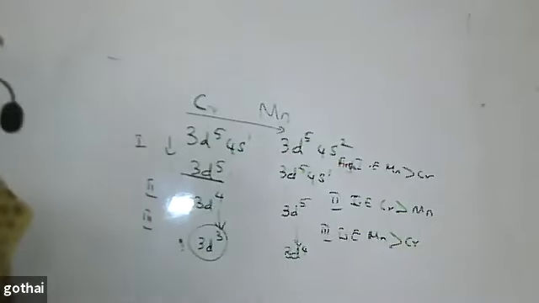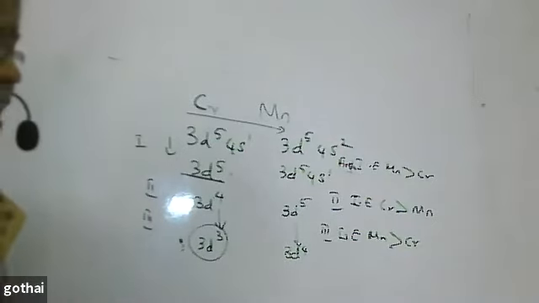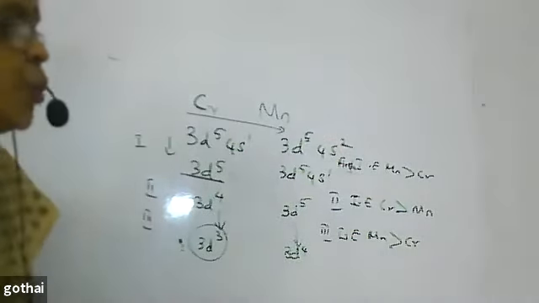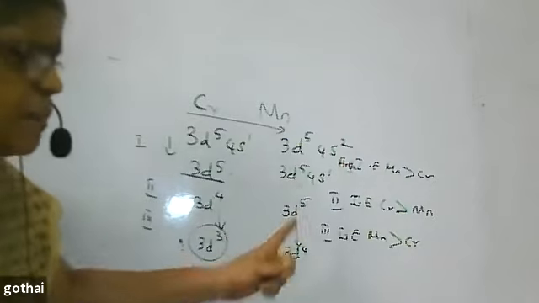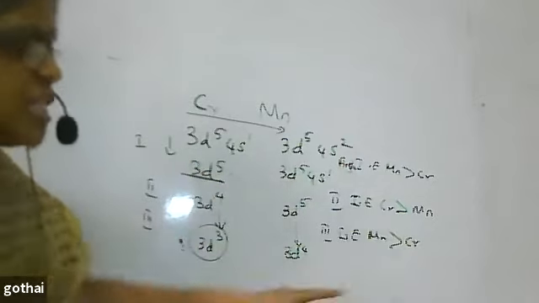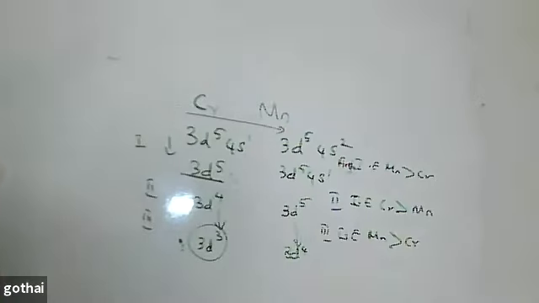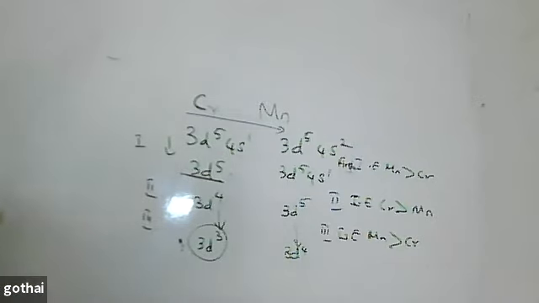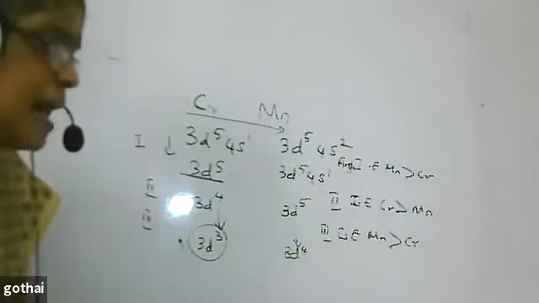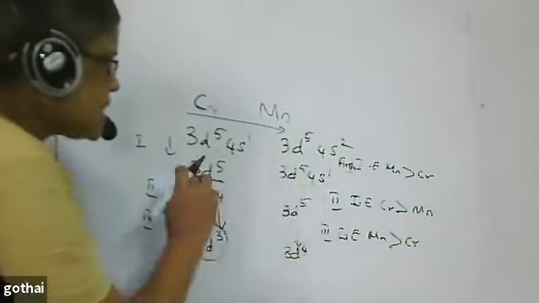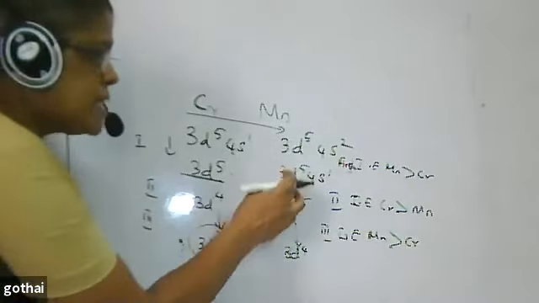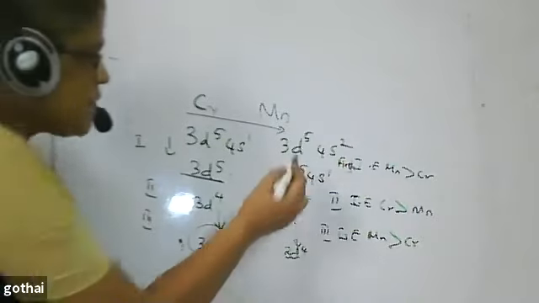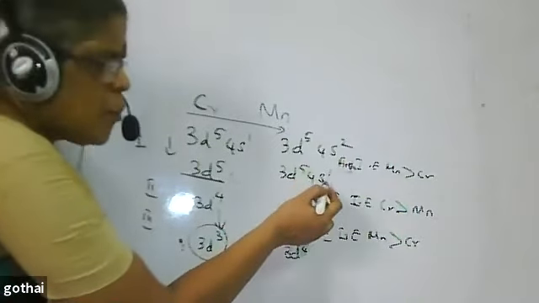If they ask any question regarding ionization enthalpy, you need not worry about any element. Put the electronic configuration and check it out. If they are moving from stable to unstable, ionization enthalpy will be higher. Unstable to stable, ionization enthalpy will be lesser. In the first case, both are moving from unstable to unstable only, since 3d5 4s2 means removal of one electron, both are.